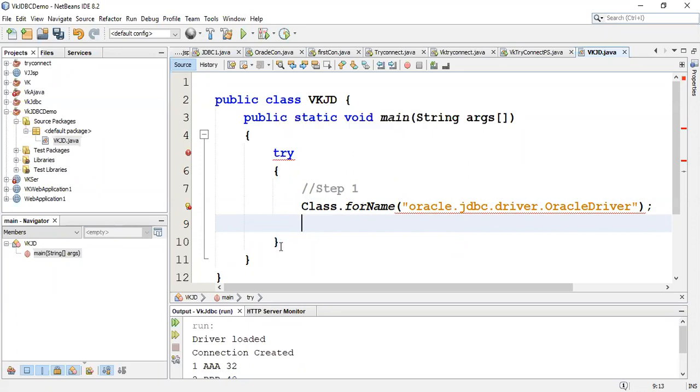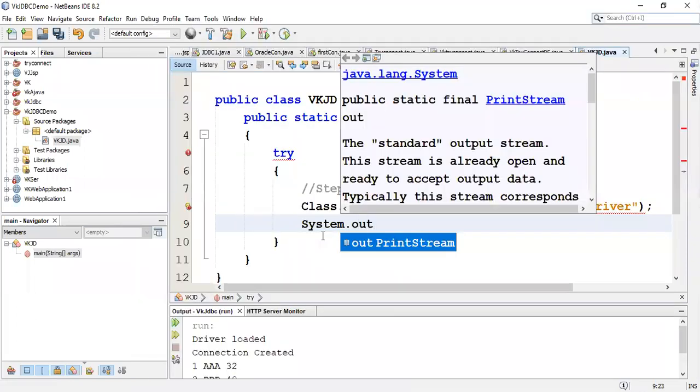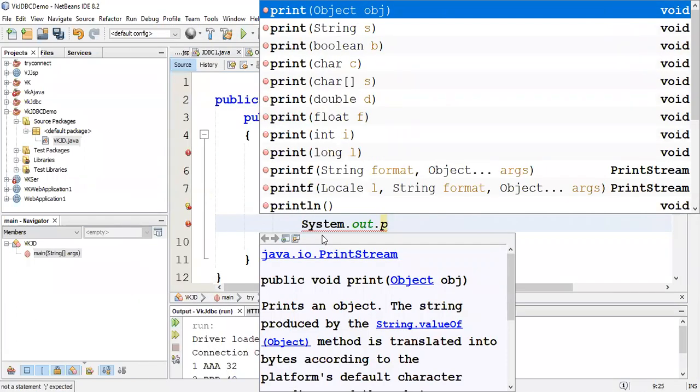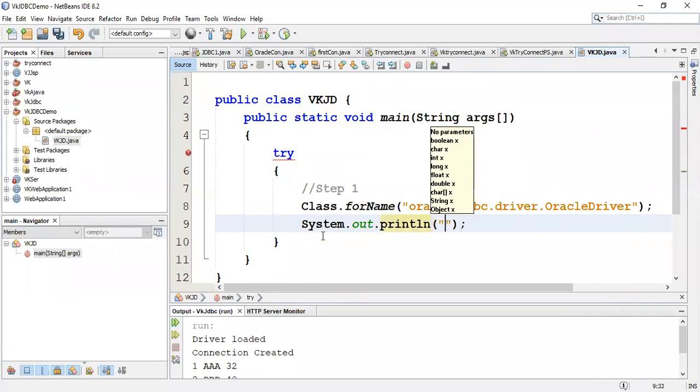Now I have put that in the try block. If my loading of the driver is successful, I just temporarily want to display a message that drivers are loaded. So I'll just use "driver loaded."